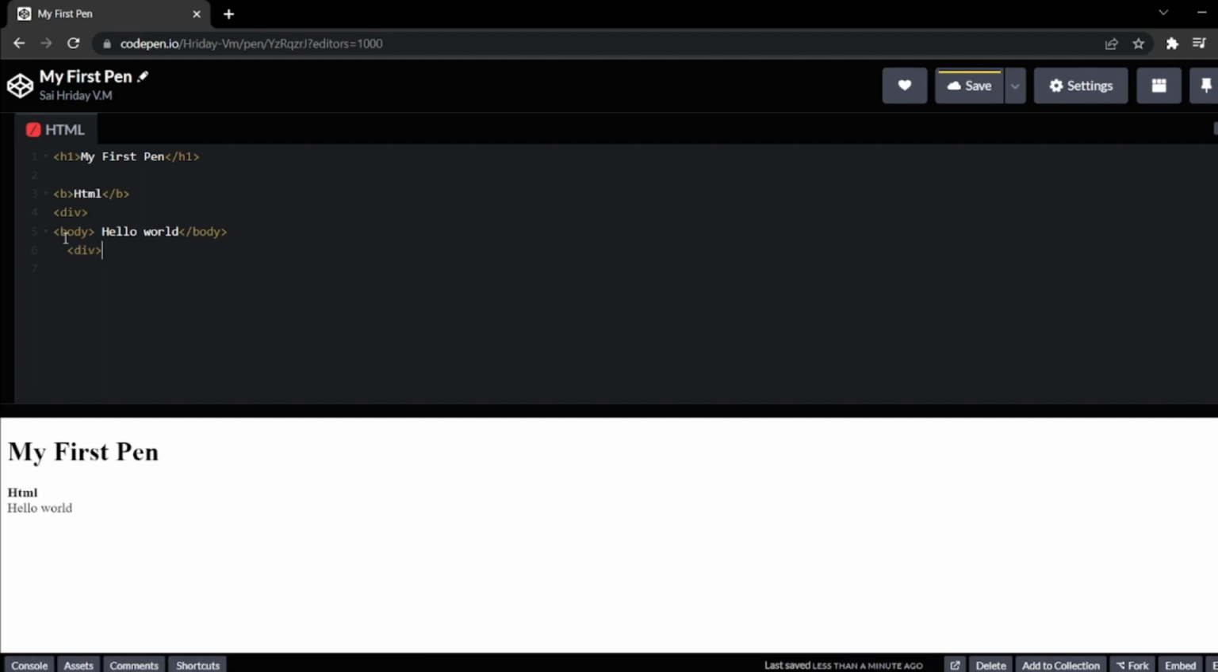So now this is in one line, so this differentiates that HTML is one part and hello world is another. So this is how div works. It differentiates things, and for it you have to close it. If you type div and leave it off, it will